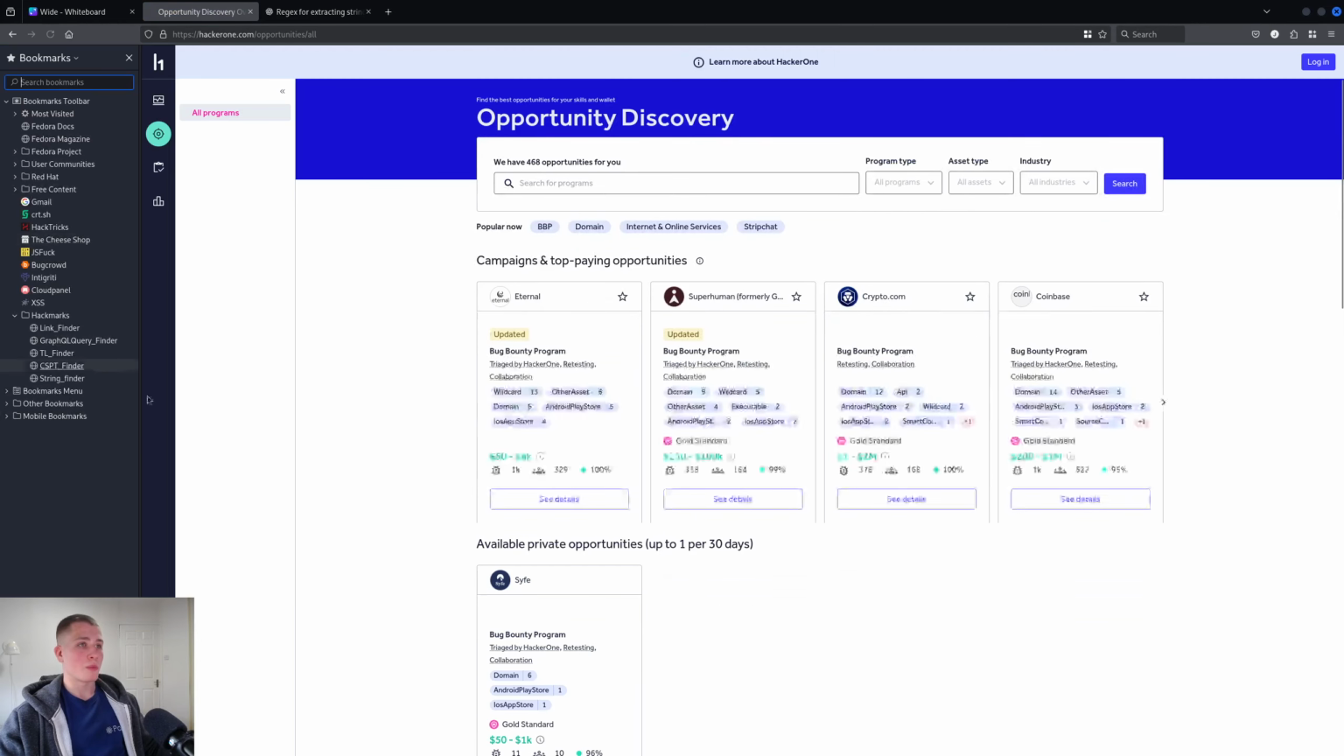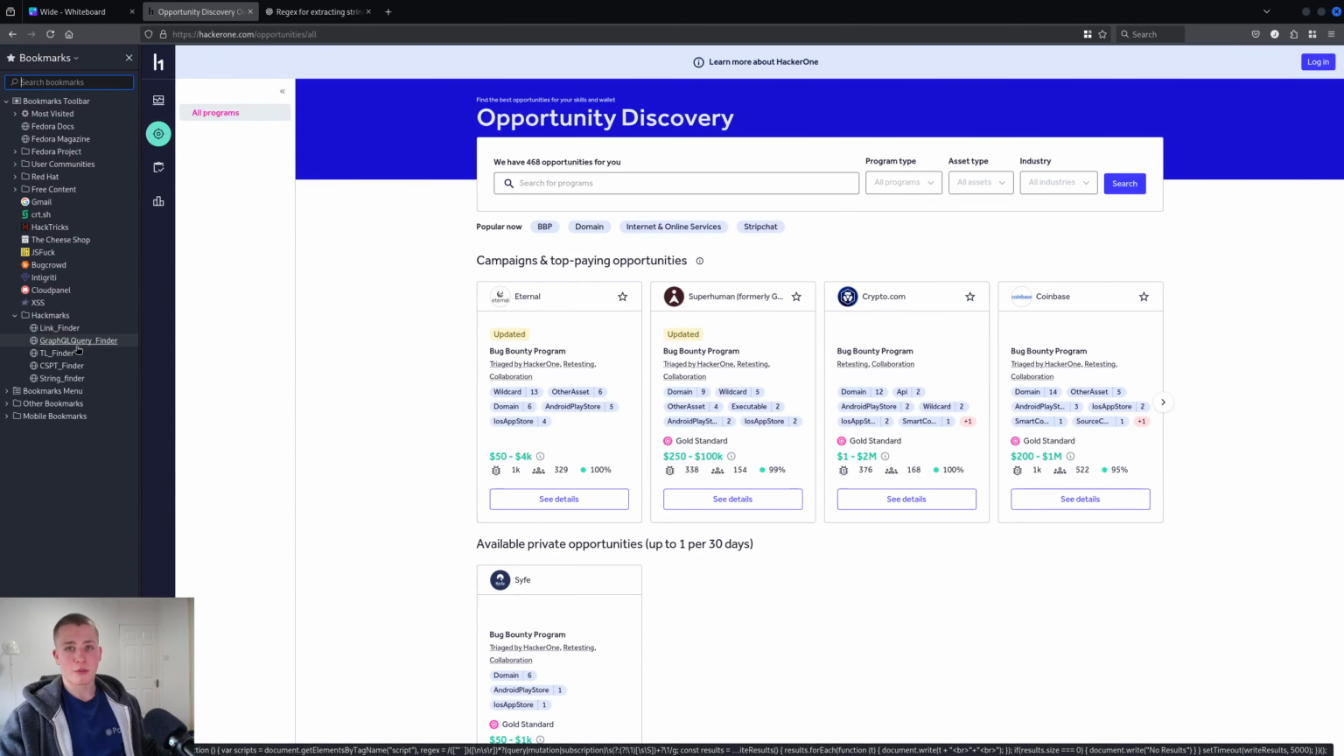And you can see here, let's go back to this opportunities page. You can see my bookmarks. I have a GraphQL query finder. This will basically return all the GraphQL queries from here. I have a, I don't even know what this does. I think this returns,